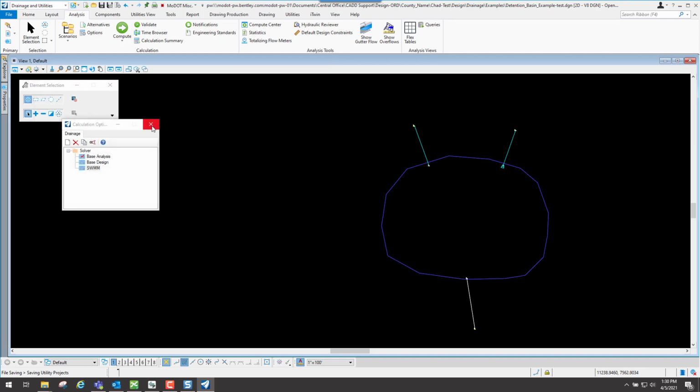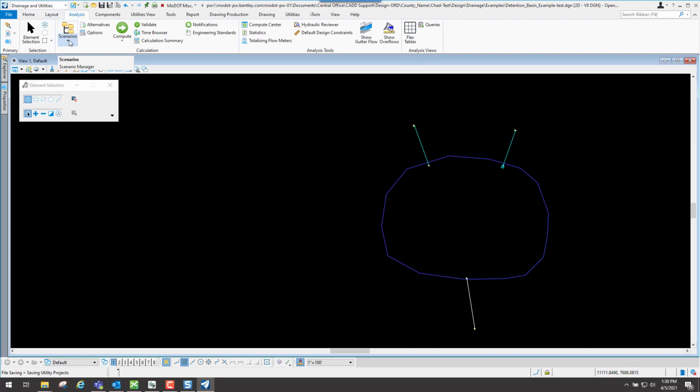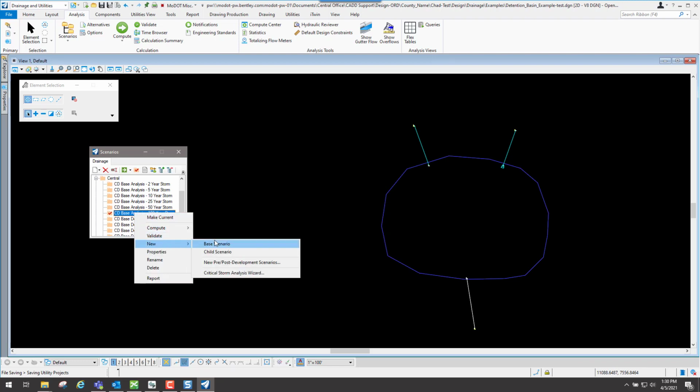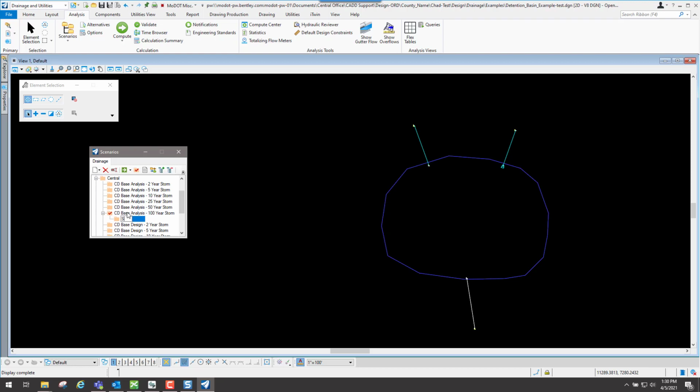Now that we have the solver created, now we're going to go ahead and create a scenario for it. So let's go ahead and select Scenarios, and we're going to go ahead and use the Central Design. And for this one right here, we're going to use this option right here, but we're going to make a child of this particular situation. So we'll go ahead and right click over the base analysis 100 year, and we're going to do New, but we're going to do a child scenario. So basically what it's going to do is take on all the attributes that's set up for that particular scenario, but it's going to make a child of it. We'll just name it SWIM, SWMM,